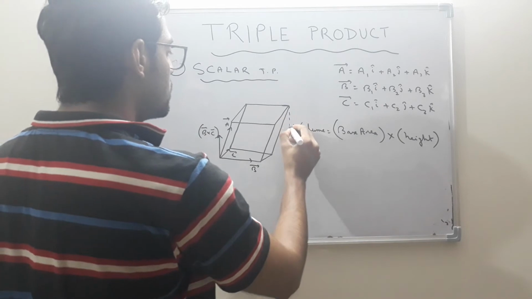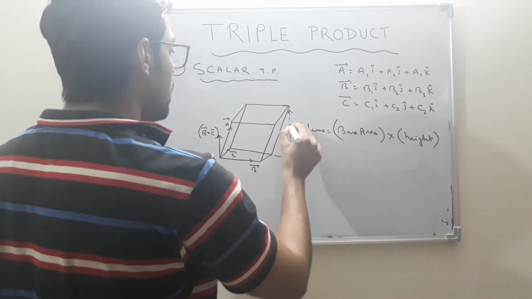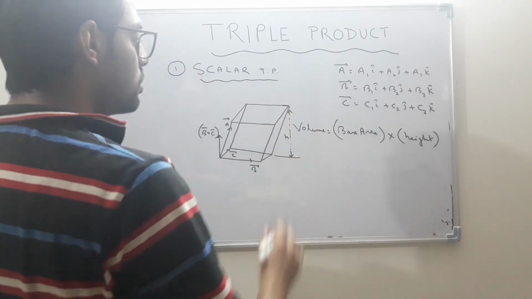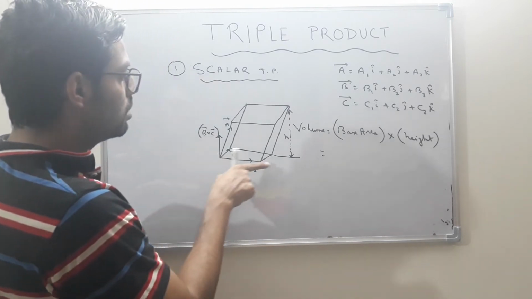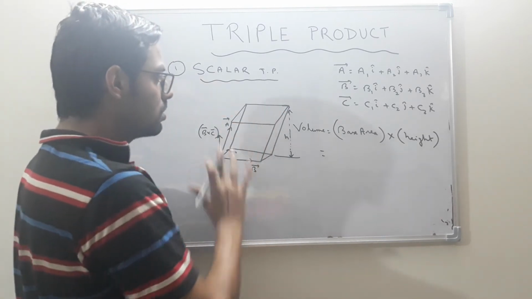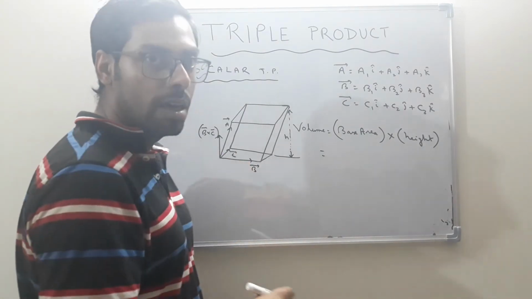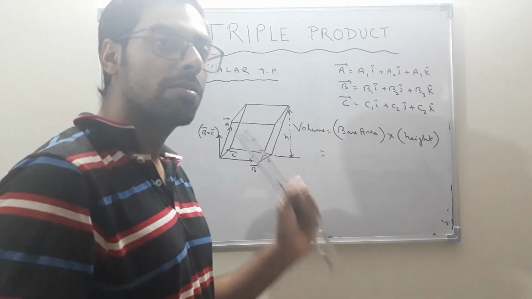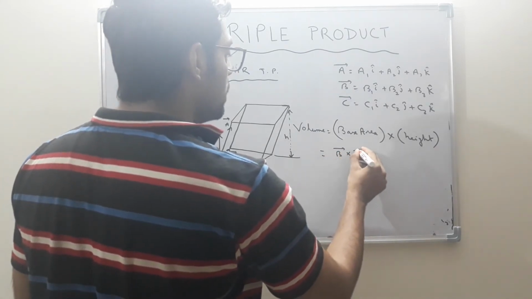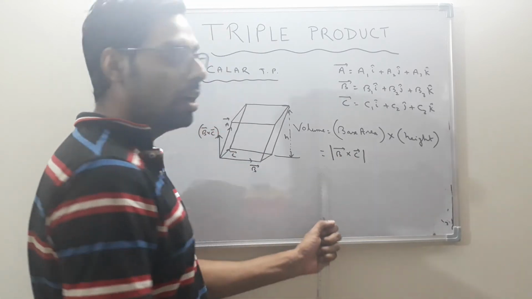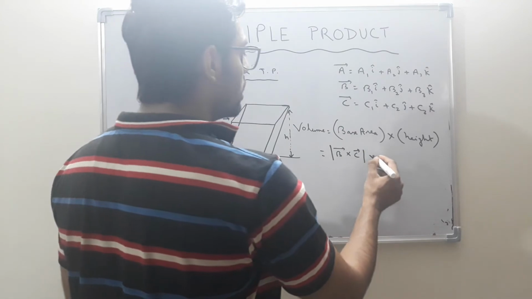Height will be given by this portion, the height h. Then what will be the base area? If the two vectors B and C lie in the base plane of this parallelepiped, then the base area will be given by the cross product of B vector and C vector, which we have discussed in the geometrical significance of the cross product. The base area will be the mod of B cross C. The mod value gives you the area in units. Base area into height h.